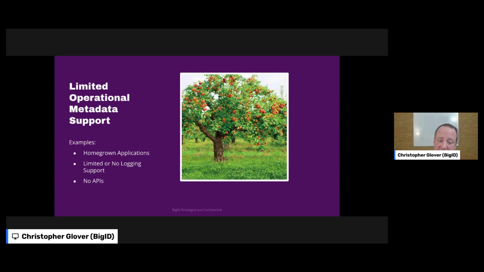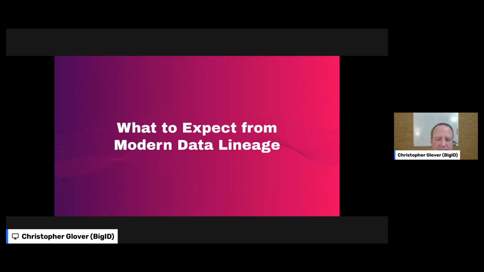It may not have the logging, or the logging may not support the operational metadata that you would need to track lineage. It may not have a mature API that allows you to extract that. So this is another source of gaps in your lineage: those internal applications that you have.